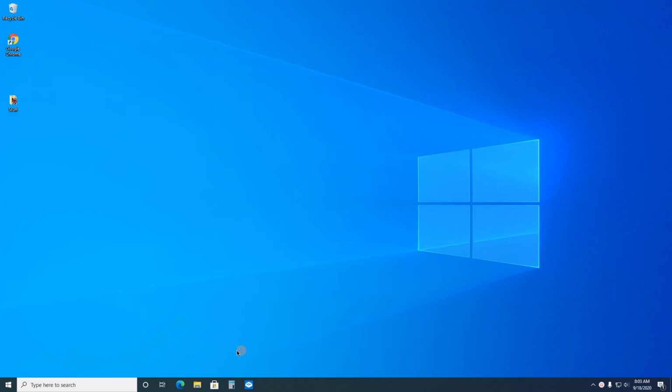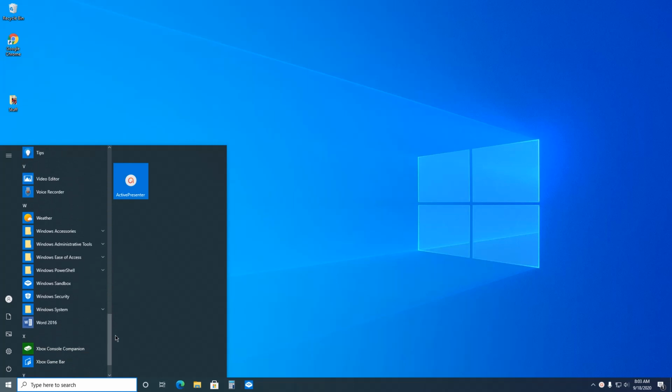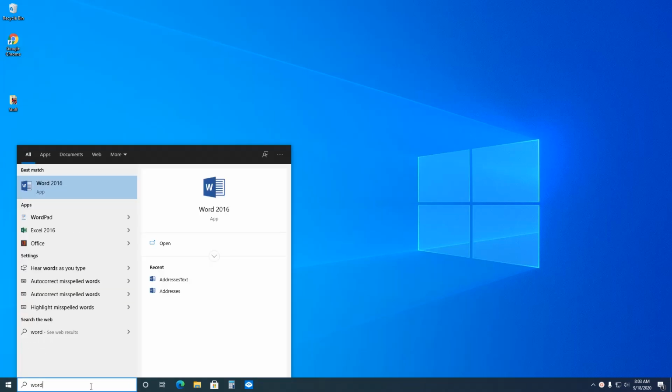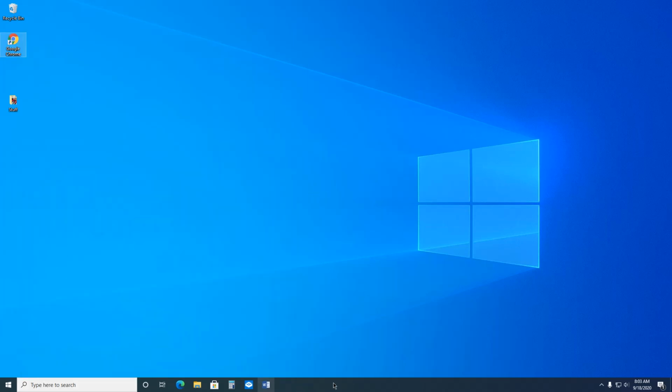So, if you don't have a shortcut to it on your desktop, there's two ways you can go. You can click here and just scroll down till you get to Word, or you can type in Word here and it should come there. If you want to make this a shortcut on your start menu or your taskbar, you right mouse click. Let's go ahead and pin it to the taskbar. So now I have it down here. If I want to use it next time, I don't have to go look for it. It's right there. So you open it up,